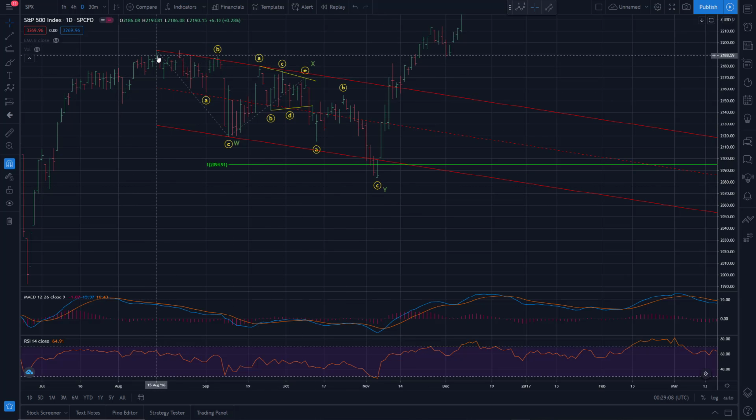Now, in 2016, we made an all-time high at the time on the 15th of August, and then we spent the remainder from that 15th of August basically to our election period. Looks like November 4th was the intraday bottom here in 2016. So 15th of August to November 4th was the length of this corrective move, and then it was just off to the races as soon as Trump was elected.